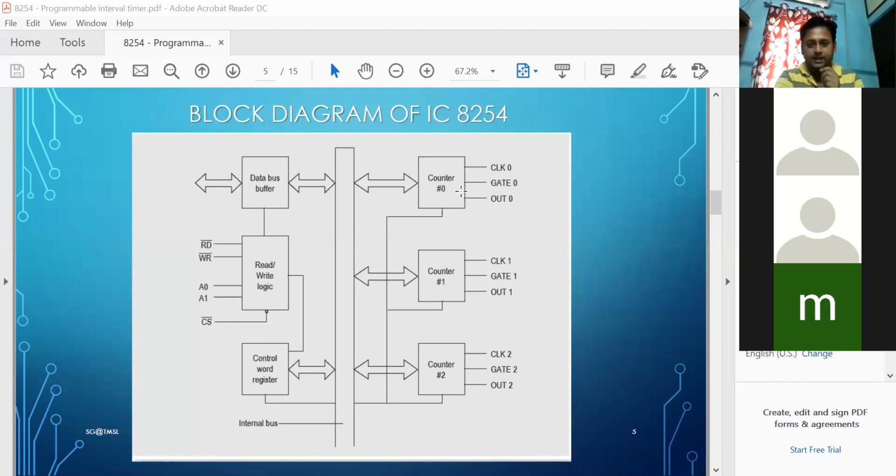Counter 0 has 3 signals. Counter 1 has another 3 signals: clock 1, gate 1, out 1. And counter 2 has clock 2, gate 2, and out 2. All these are 16-bit counters. A 16-bit value can be loaded, like FFFF. If FFFF is loaded inside this counter, it will be decremented by 1 every time until it reaches